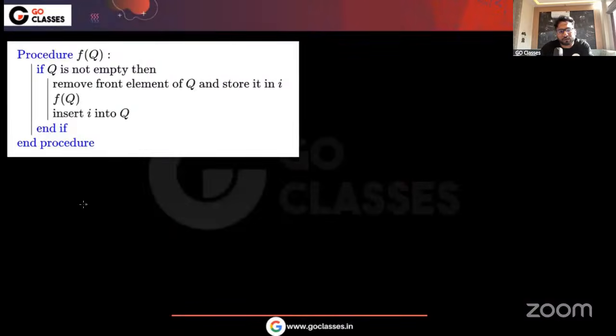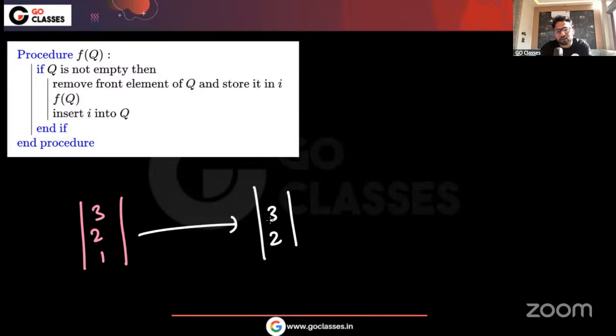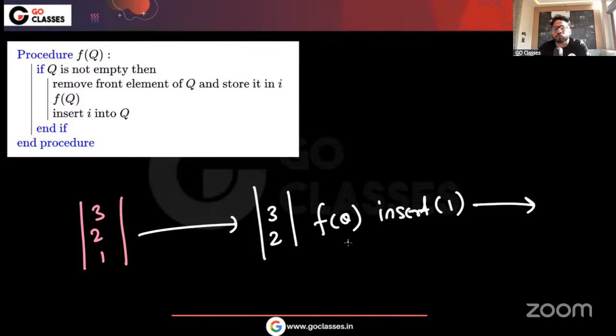Initially, if you have 1 2 3, then in the first call it is removing the front element. Now it is 2 3, and it will insert 1 at the end. Then in the next call, let me make a tree.